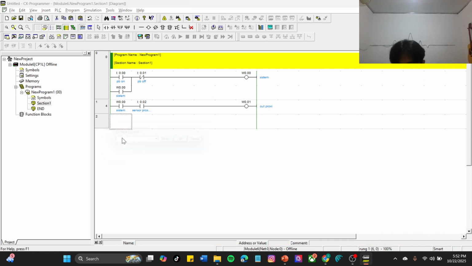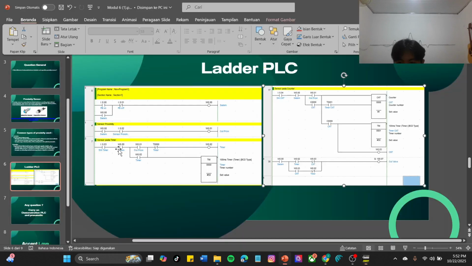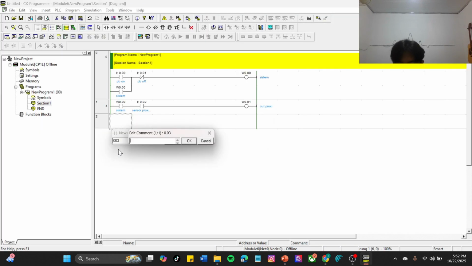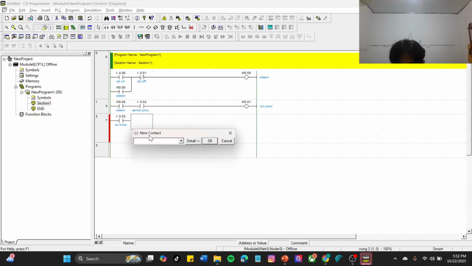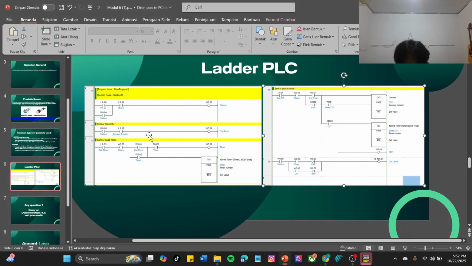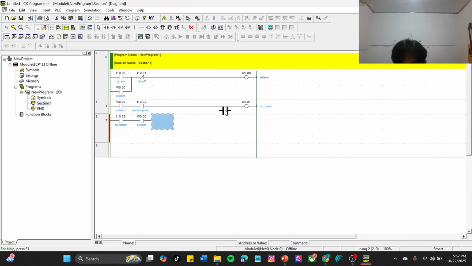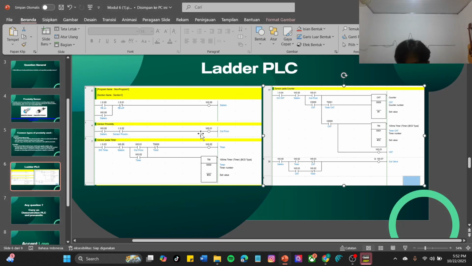Next, the timer. You can make here 003 switch timer, enter. Make the system contact here, W000 system, enter. And here out proxy, W001, enter.